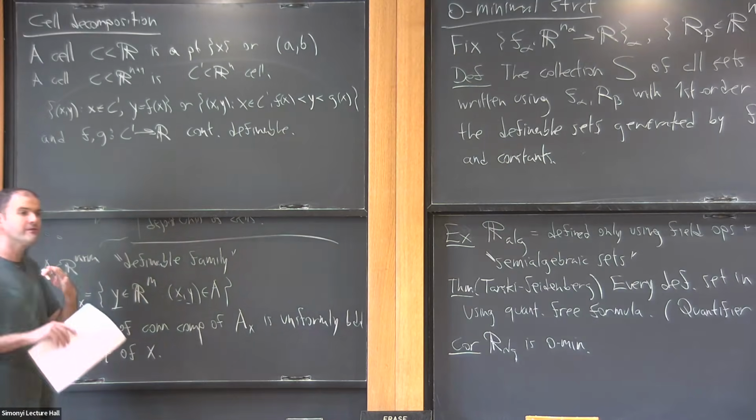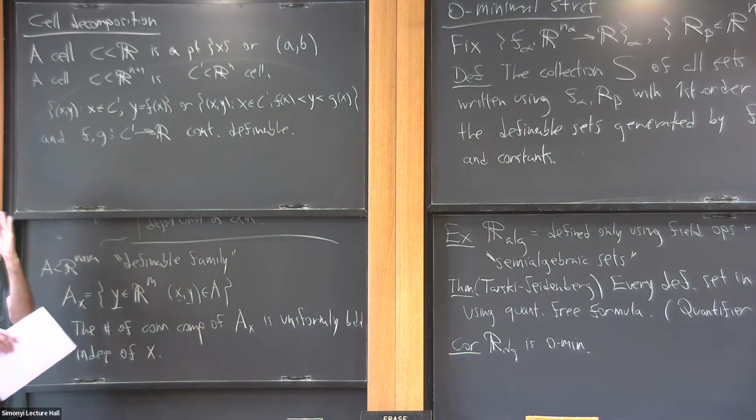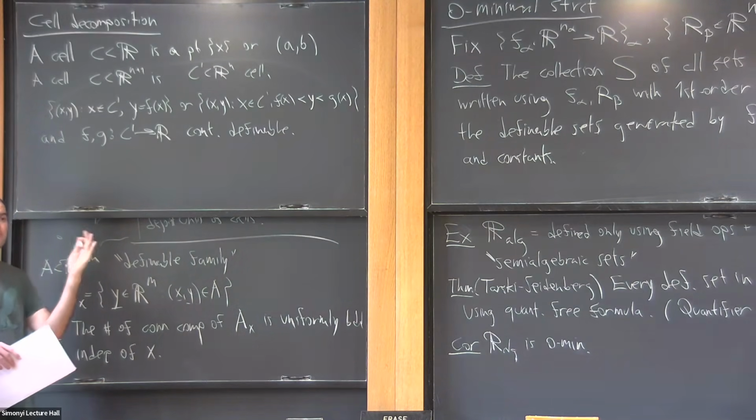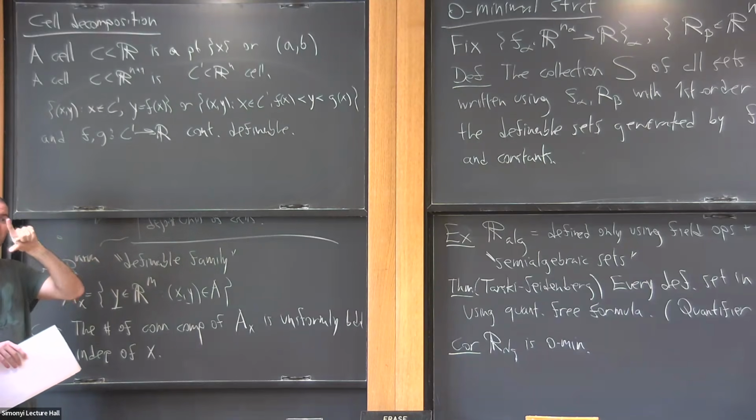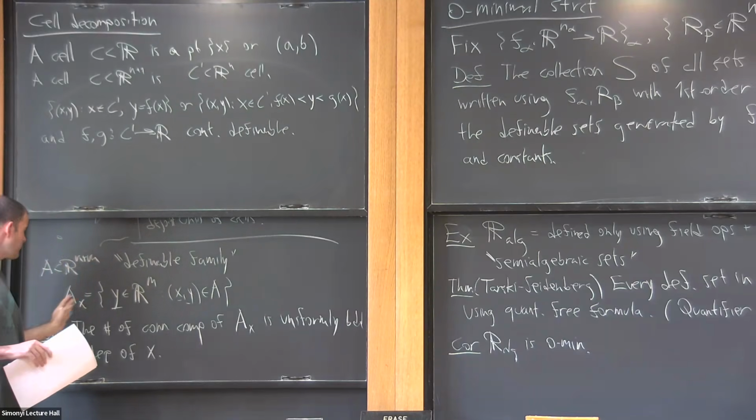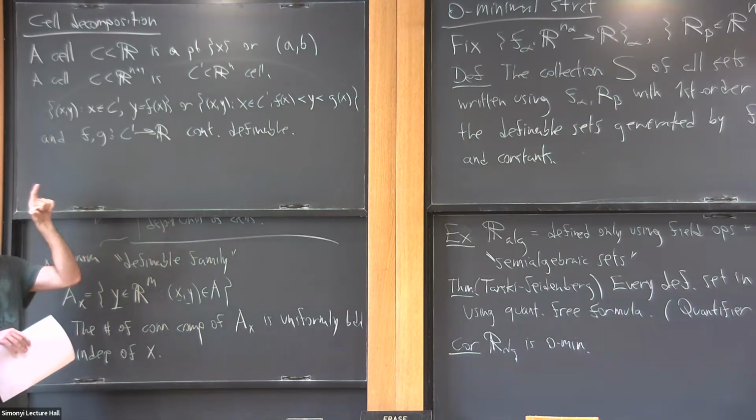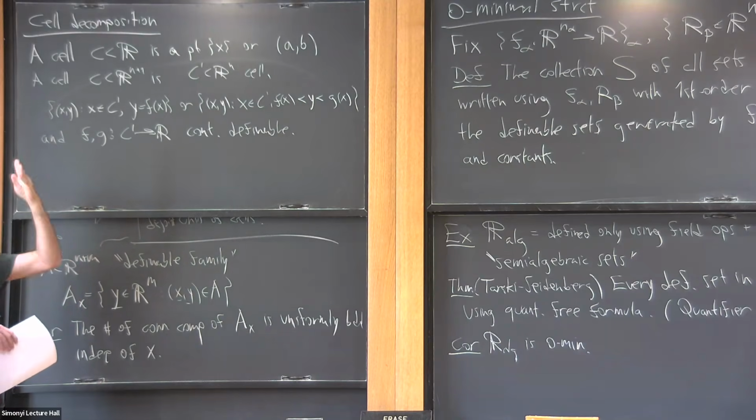So whenever you have a definable family, you think about it as a family of fibers, and you can ask, how many connected components does my fiber have? And I'm claiming that not only does every fiber have finitely many connected components, but there's a uniform